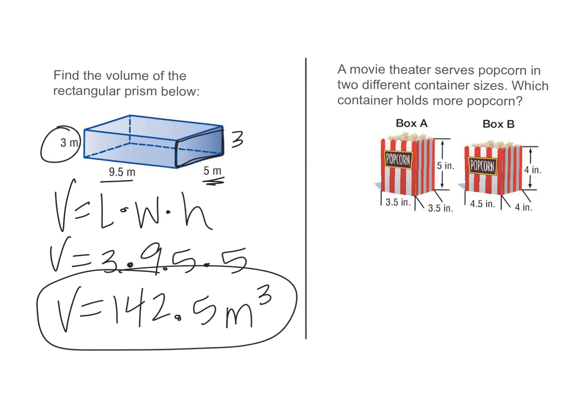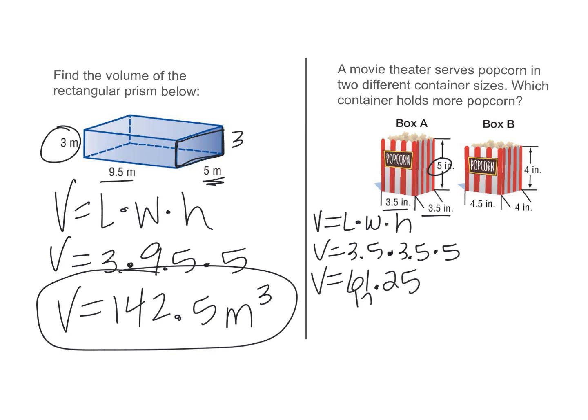Okay, a movie theater serves popcorn in 2 different container sizes. Which container holds more popcorn? So we're going to find the volume of each of the boxes, which are both rectangular prisms. So again, we're going to find the volume of each, which is going to be length times width times height. So box A is going to be 3.5 times 3.5 times 5. So if I do 3.5 times 3.5 times 5, I get a volume of